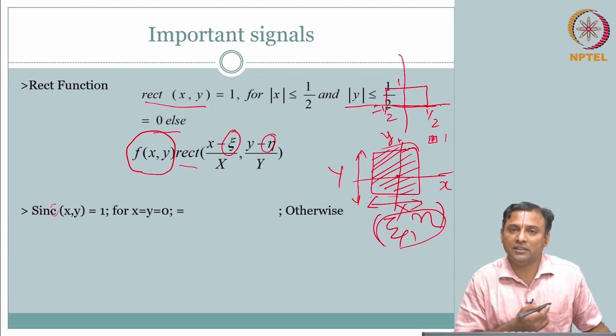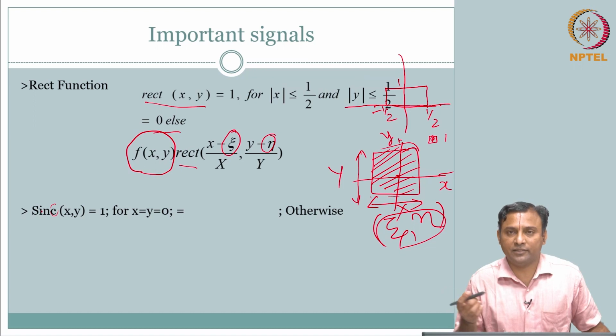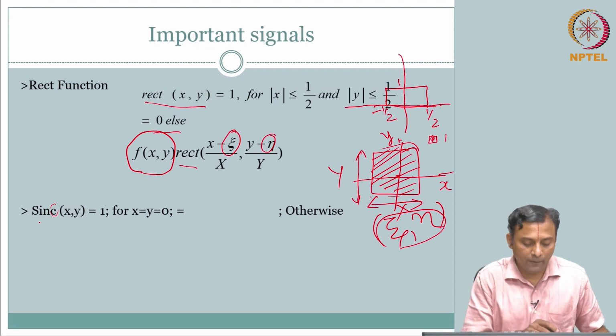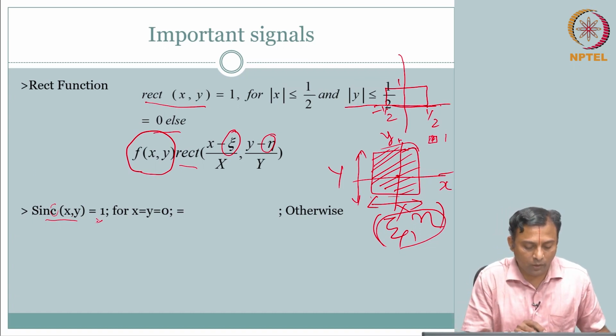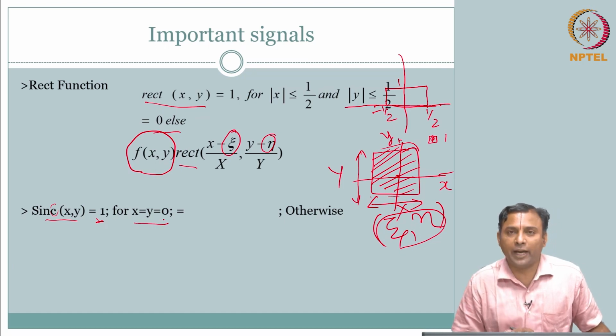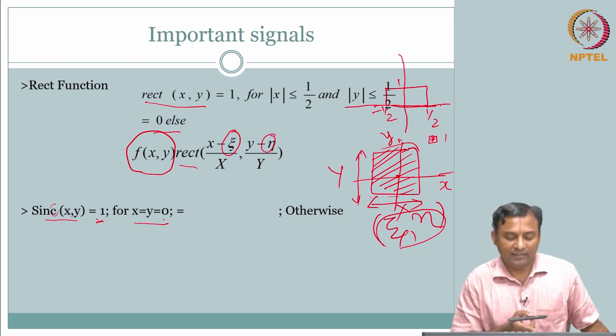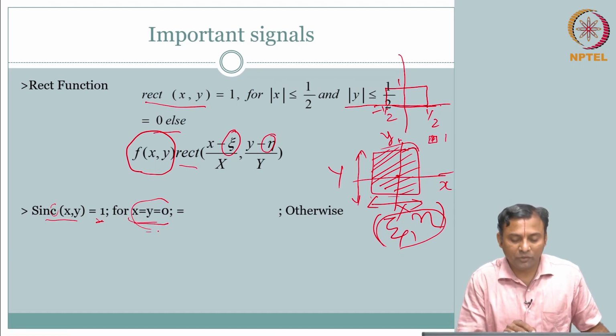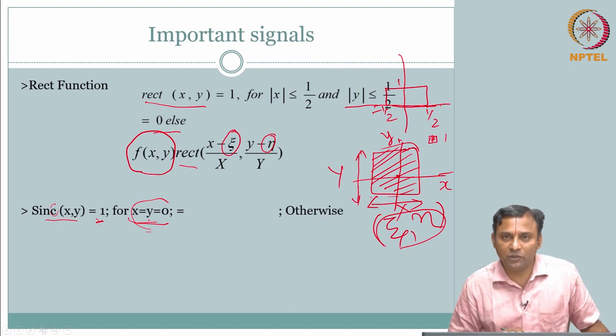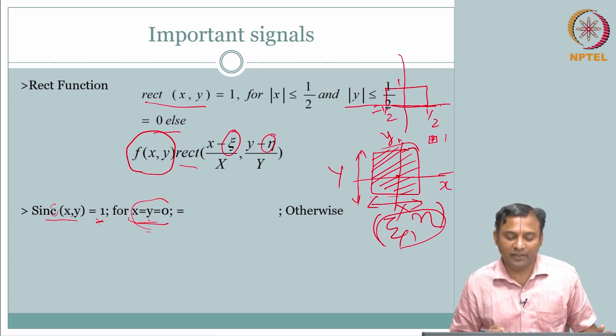You must have heard this in first level signals and systems or first level signal processing, wherever you deal with it, you would have heard about this sinc function. What is a sinc function? Clearly by the form you can say sinc is equal to 1 when x is equal to y equal to 0, which tells you that it is otherwise undefined, because if x and y come in the denominator and they are 0, you cannot determine it. So, you can already sense that you have a value of 1 at x equal to y equal to 0, meaning x and y are going to be in the denominator.